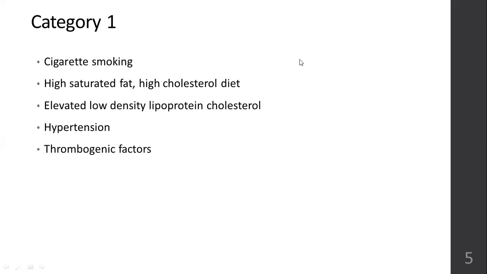Then having a high saturated fat, high cholesterol diet, having too much ghee, too much jam, hydrogenated fat like vanaspati, and too much coconut oil, that also has high saturated fat present in it, that leads to cholesterol issues. Eating a lot of fried food, having a lot of sugary, carbonated drinks as a part of your regular diet, then it leads to cholesterol issues.